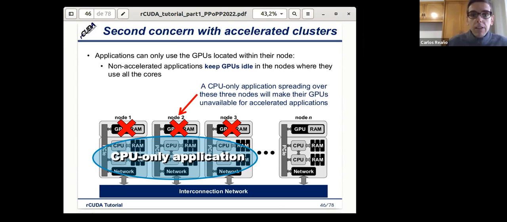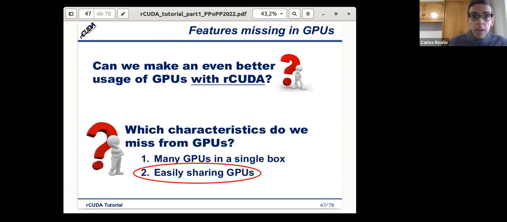We have seen before that they are consuming some energy. But if the applications running on those nodes are only CPU applications, those GPUs are not used. So if we are capable of sharing those GPUs among other nodes which are actually using GPU accelerated applications, that will be a way in which we can make even better use of GPUs by using remote GPU virtualization, by using rCUDA.